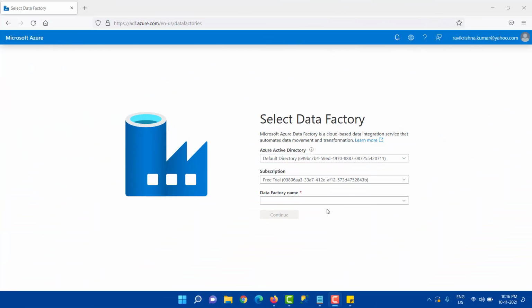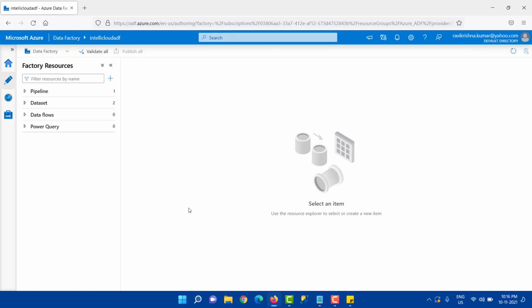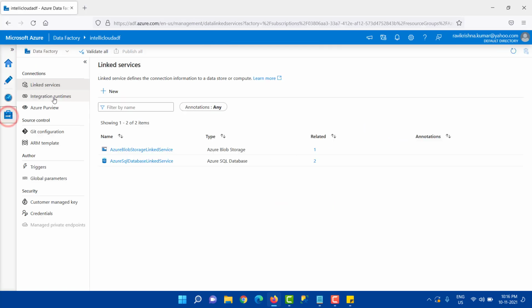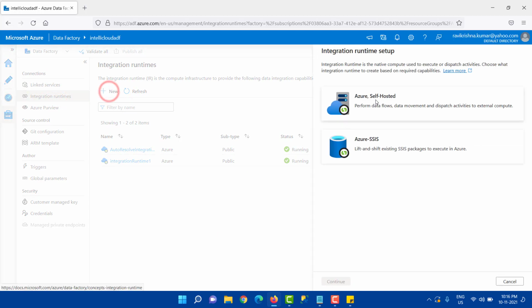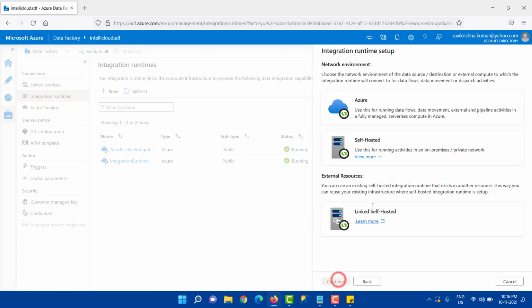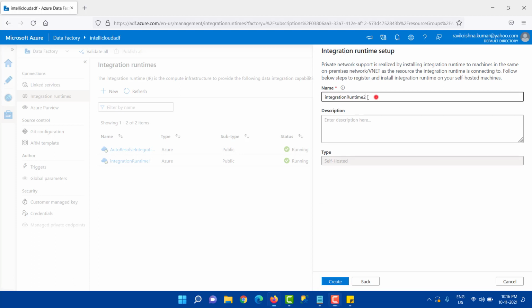Log into the ADF Azure portal. Select Azure Data Factory. Click on Continue. In order to create an integration runtime, go to Manage. Click on Integration Runtimes. Click on New. Click on Azure and Self-Hosted. Continue. Select Self-Hosted and Continue. Provide the name for the